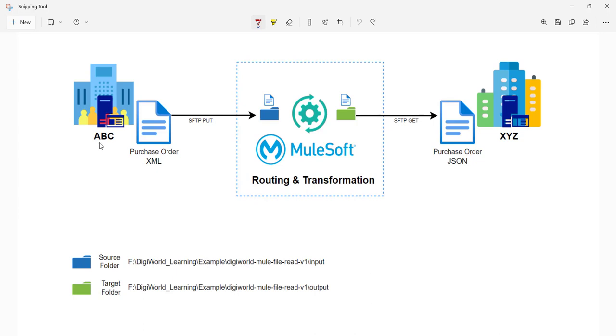There is one organization with the name ABC, and then there is another organization with the name XYZ. As part of their business requirement, this organization used to generate a purchase order XML file, and they will put it to the directory where the MuleSoft is running. So this is basically a directory which is present in the computer where the MuleSoft server is running, right? So this is the local directory where the ABC organization will do